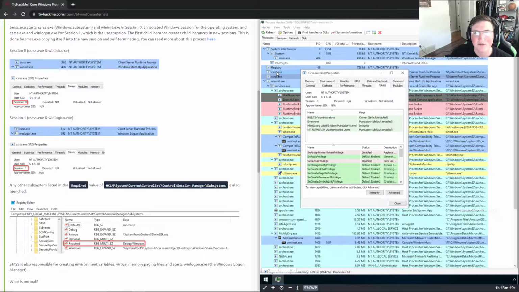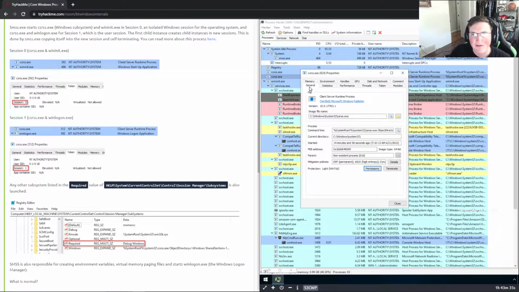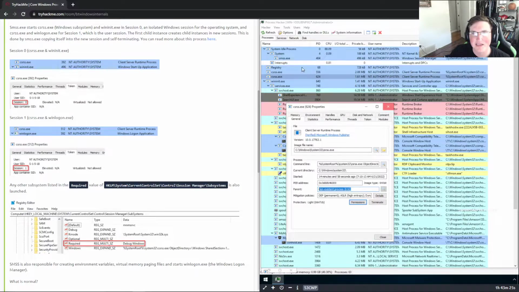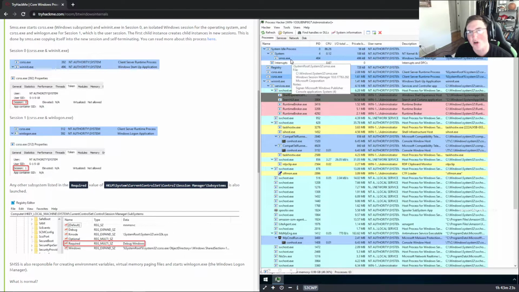So that one has session 0, the kernel level, and then session 1, which is user level. Now, one thing to see here: the parent process, you notice it says non-existent. The reason it's non-existent is because SMSS, when it starts something, it terminates itself. So that's important to know, because if you know SMSS starts that process, then it should not have a parent